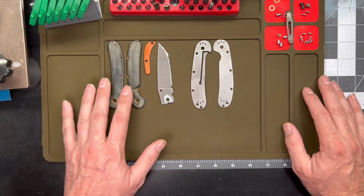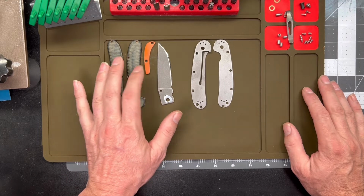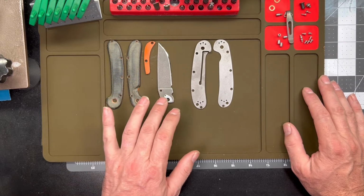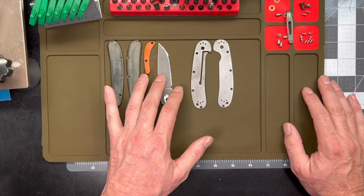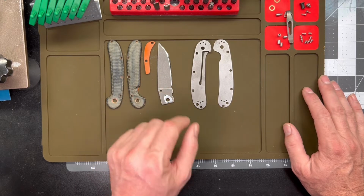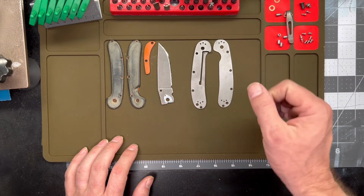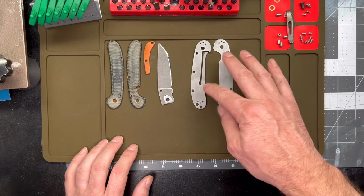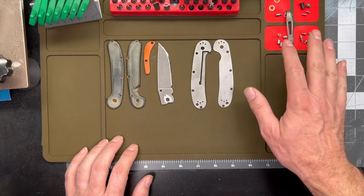So we've got the scales here, the back spacer that we made, the blade we've acid washed and then resharpened, crowned the spine on it, modified the liners for a skinnier pattern there, and then those have been stone washed as well. And then over here we have